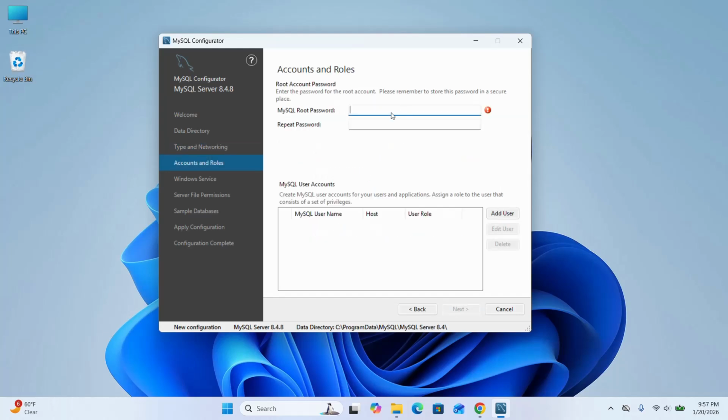Enter the MySQL root password for the user root. I'm going to enter the password. Use the mixed case with number. Okay, enter the same password again and then